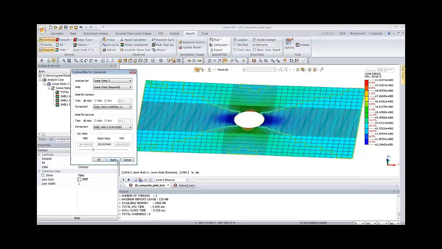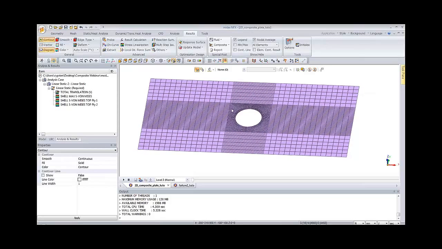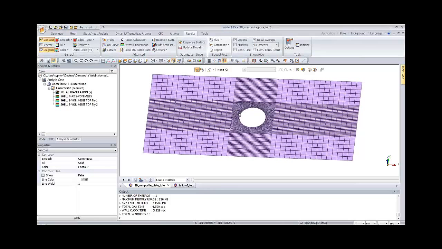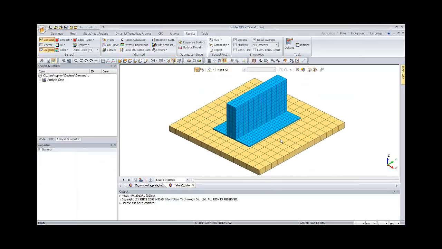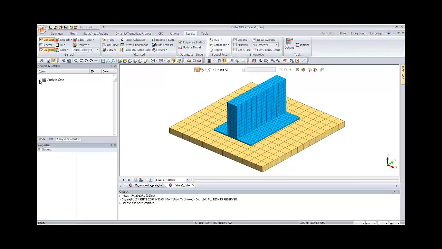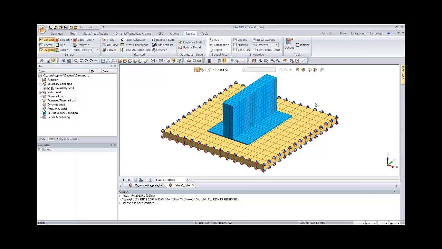Okay, so now that's all for this simple plate example. I have another example that I would like to show you, which is this one. It's an example of a nonlinear analysis, so I already defined everything. I have only 3 mesh sets. I'll show you the boundary conditions. So this plate is fixed like that around. I have a static displacement on these parts, and I have some contacts between the two.